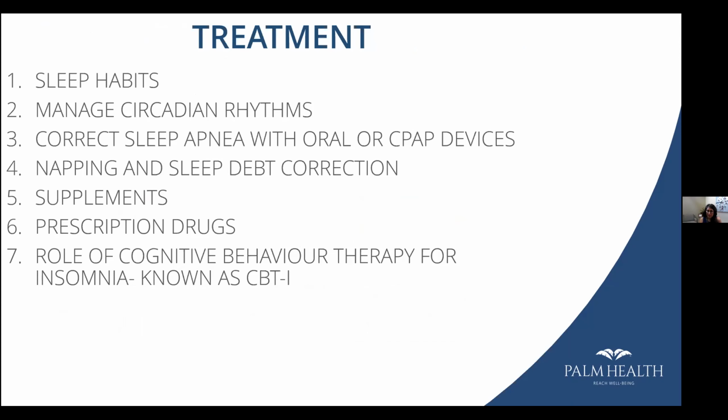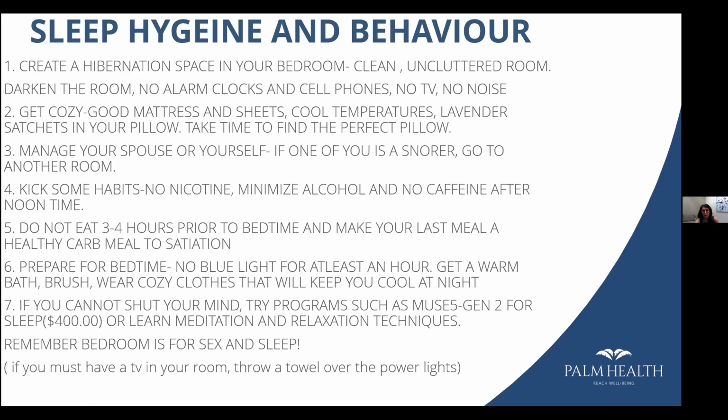We'll talk about some supplements that are widely used and what we use here at Palm, the role of prescription drugs, and cognitive behavioral therapy. So without further ado, I'm not going to read every one of these, because they're available for you in the webinar. So the first thing is to create a nice hibernation space, so kind of a lair,